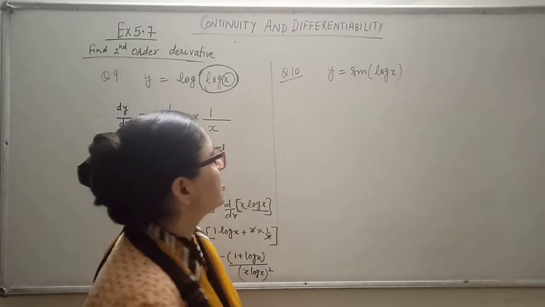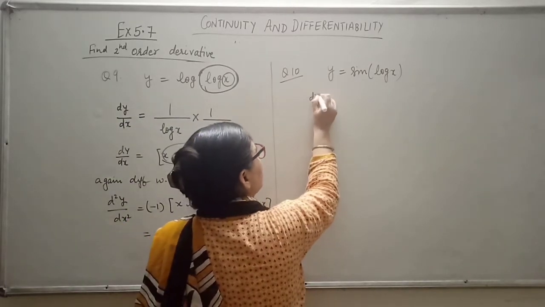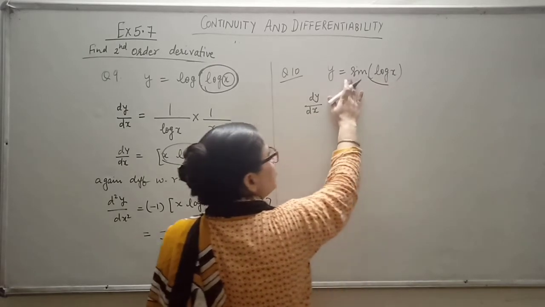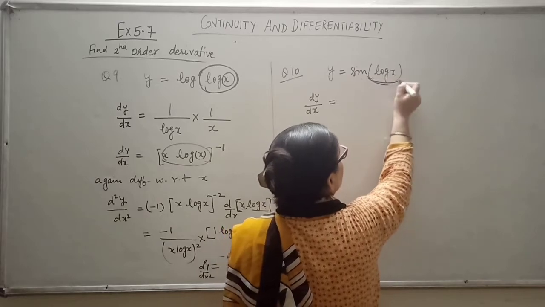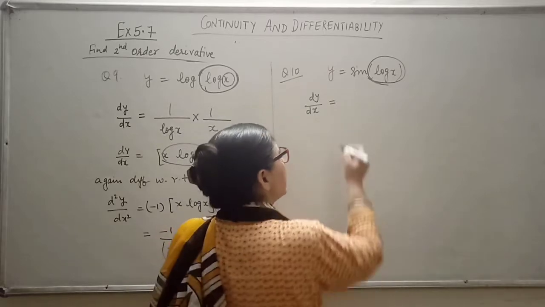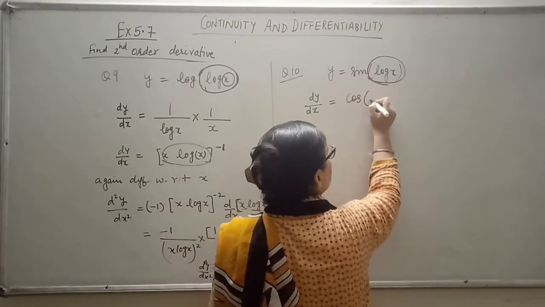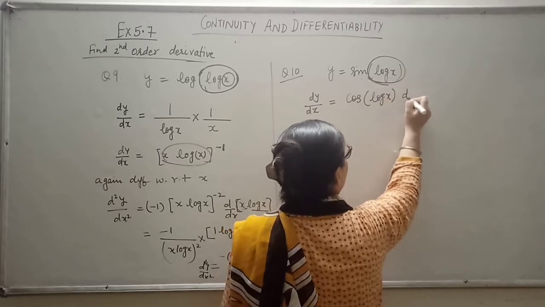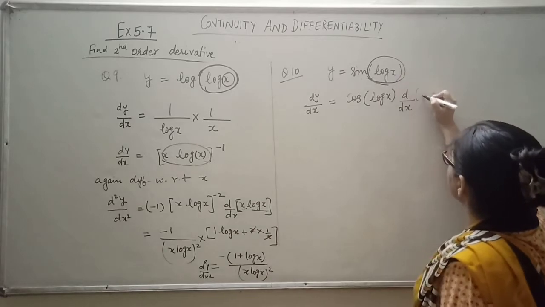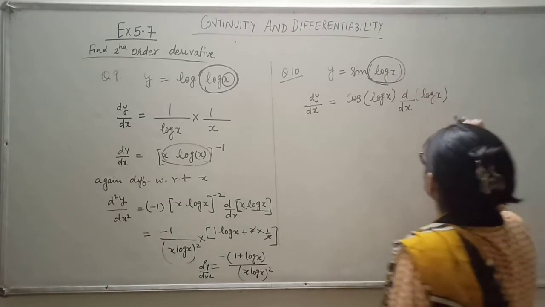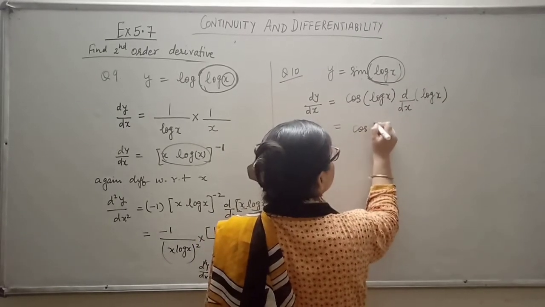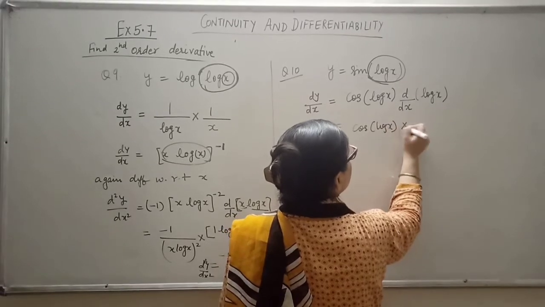Now 10th question of this exercise, when we differentiate with respect to x to get the first order derivative, look, if we compare this with the basic formula, this is sin of log x, so I can consider this is your x. So what is the derivative of sin x? That is cos x. I have supposed this is log x, and now whatever I have supposed, that is log x, we need to take the derivative of this log x also. Okay, so when I take the derivative of this log x, it becomes into 1 by x.